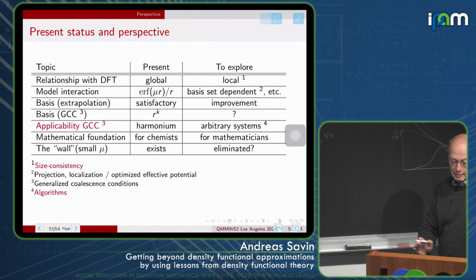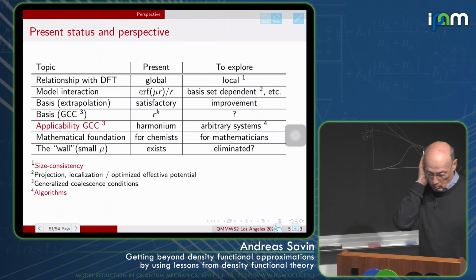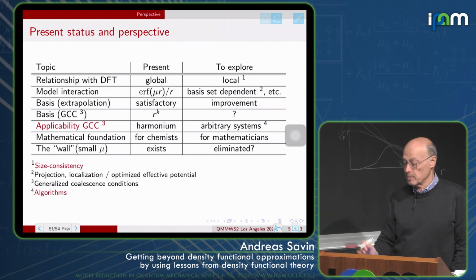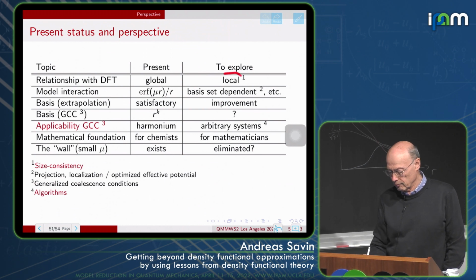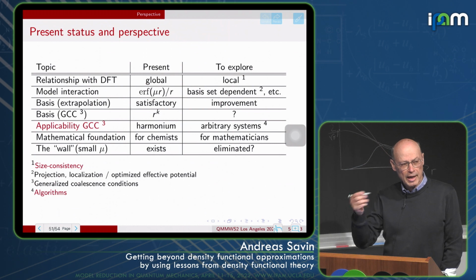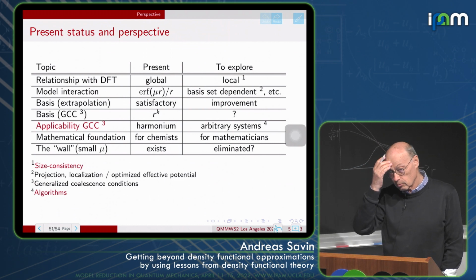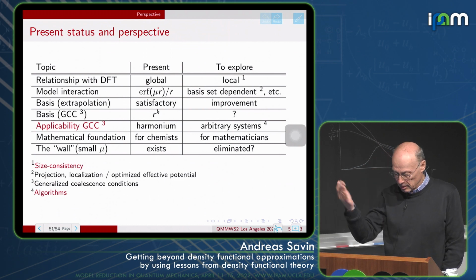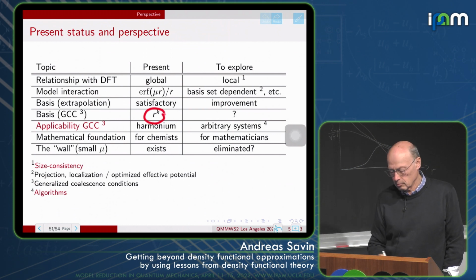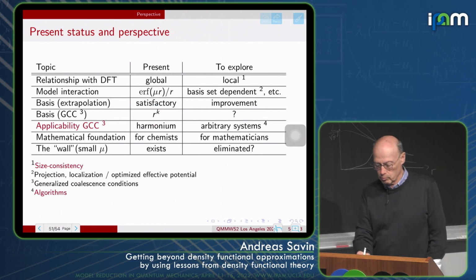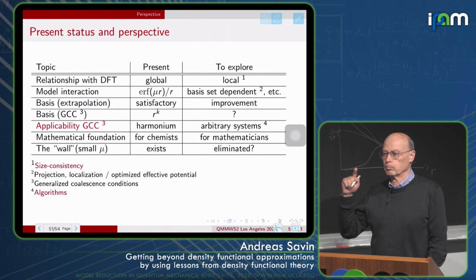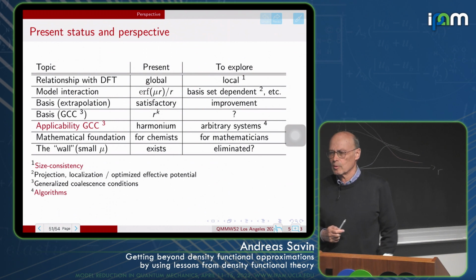I put just the last slide, just to overview. So what is missing here? In DFT, we have a local treatment. Here it's a global treatment. Here, I said the model interaction might be changed. So this basis set extrapolation is satisfactory, but for me, it's not clear how to improve the basis set. The basis here, when I did the short-range expansion, I took powers of R. But maybe there is something like this